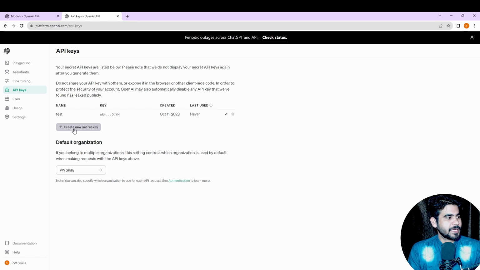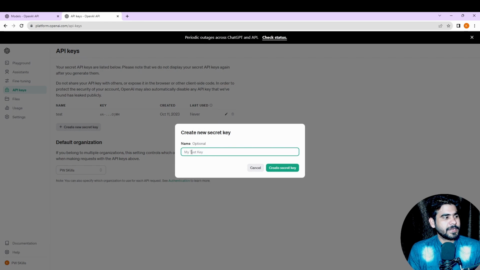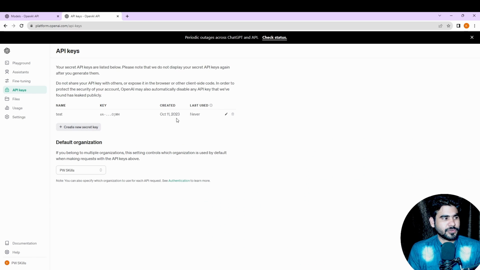So we can click on here to create a new secret key. We can write any name, whatever name you want, and then click on the new secret key. I have already created a secret key, so this particular secret key is the one I'm going to use. In this way you can create your complete